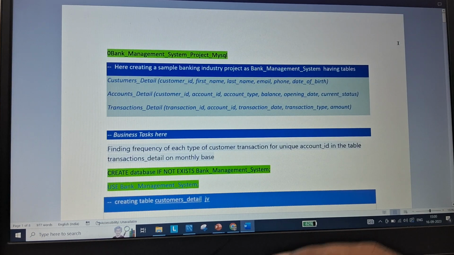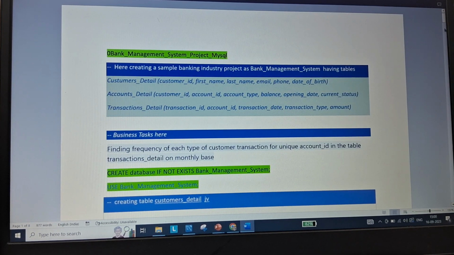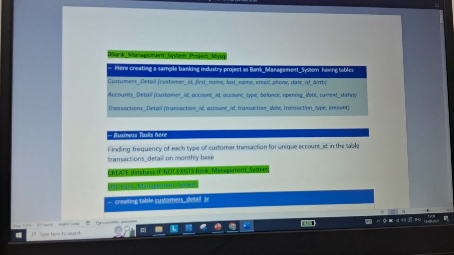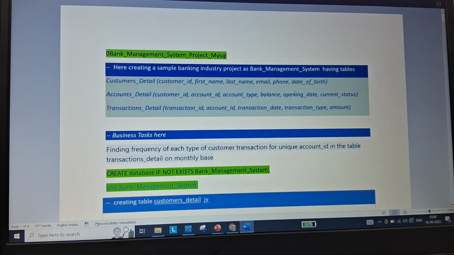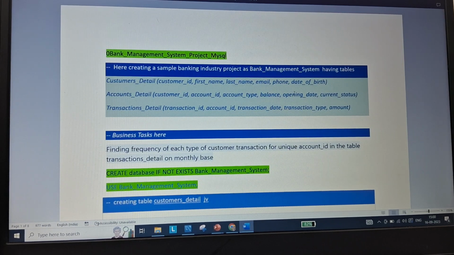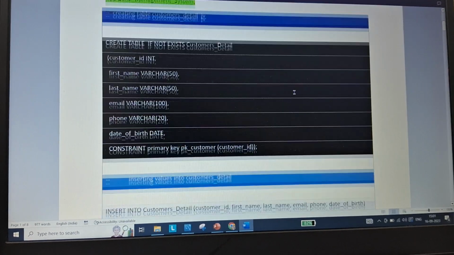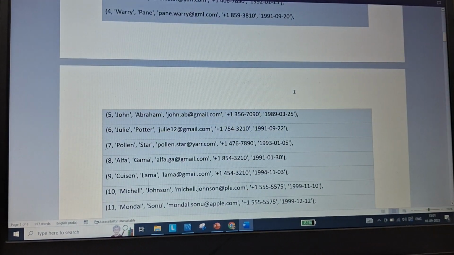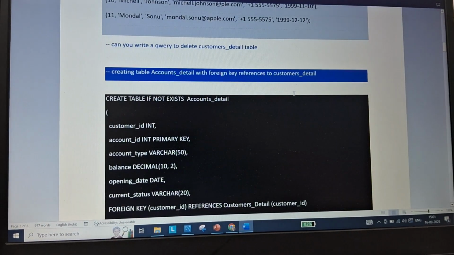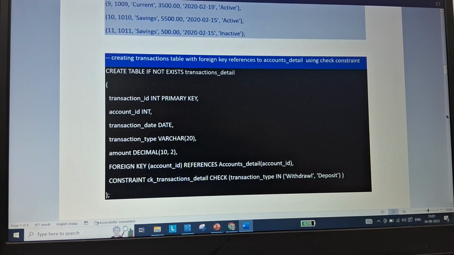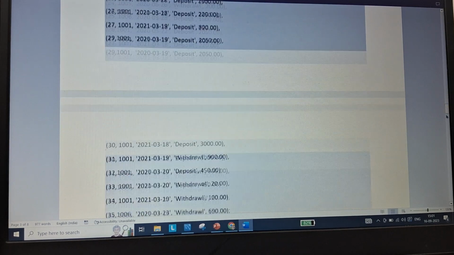And this is the sample project that we are going to learn here. In it you can see there are three tables: customer details, account details and transactions. And this is the create table data structure, insert values, and last I will also run some queries.